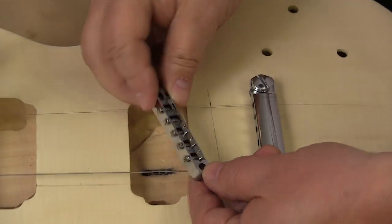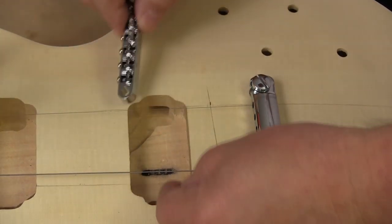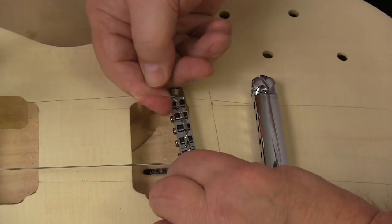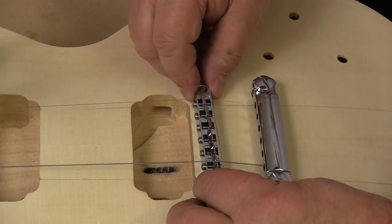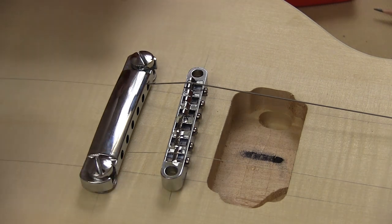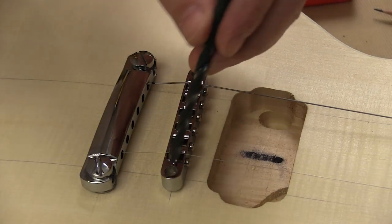I've installed the tailpiece, 2 tuners, and the outside strings. We're going to use those for positioning the bridge. Using the strings like this helps us make sure that the bridge is in a proper place in relation to the fingerboard. When I'm sure that the bridge is directly over our layout line with the strings holding it in place,